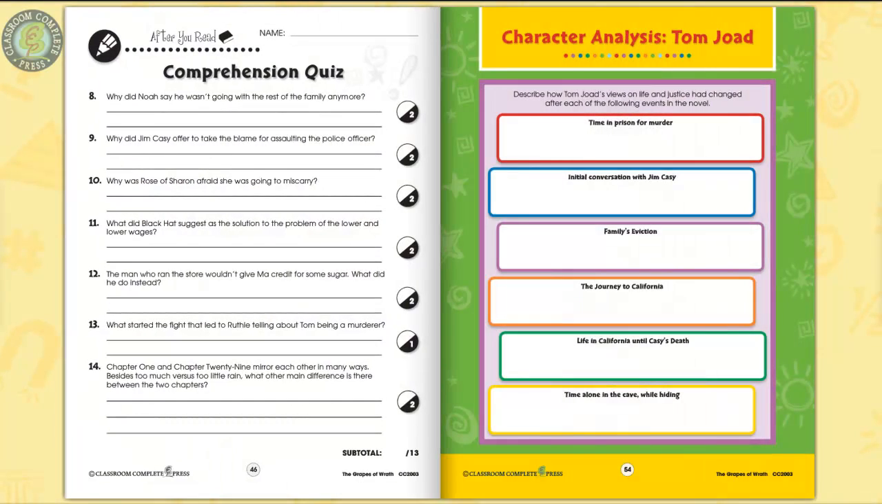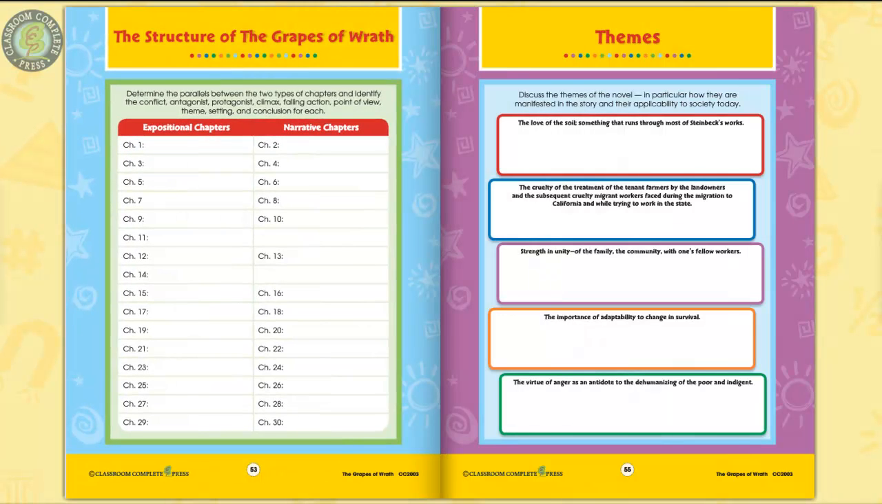3 color posters, which are graphic organizers, complete the resource. Determine the parallels between the expositional and narrative chapters in the book, and identify plot elements for each in a